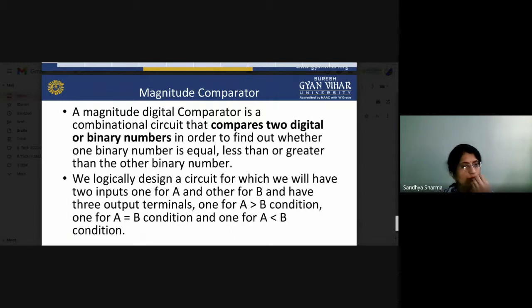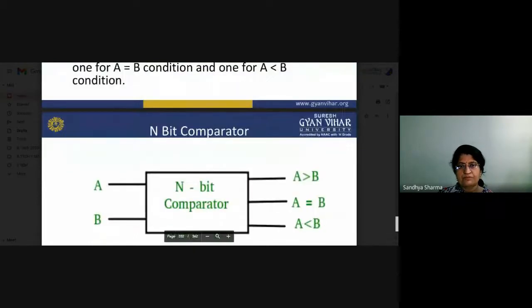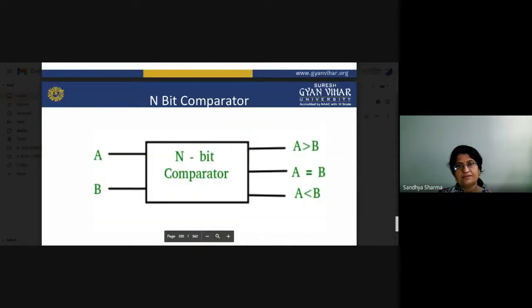If you have two inputs A and B, you have to compare whether A is greater than B, A is equal to B, or A is less than B. Those are the conditions used in our magnitude comparator. So this is the n bit comparator, where n is the number of bits.